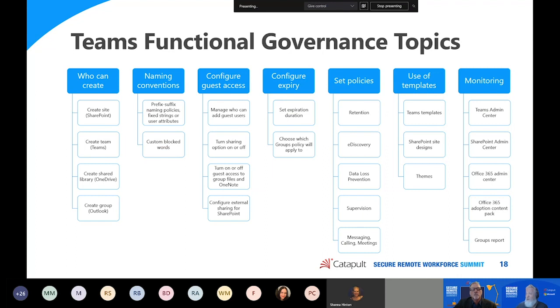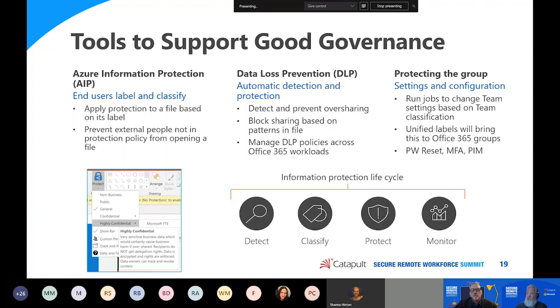And some of the things that Ed will talk about address policies around data loss prevention, retention, e-discovery, supervision. And again, some of these are manual processes, and some of these are guided by technology. And so this is where I'll transition to Ed to talk about some of these tools.